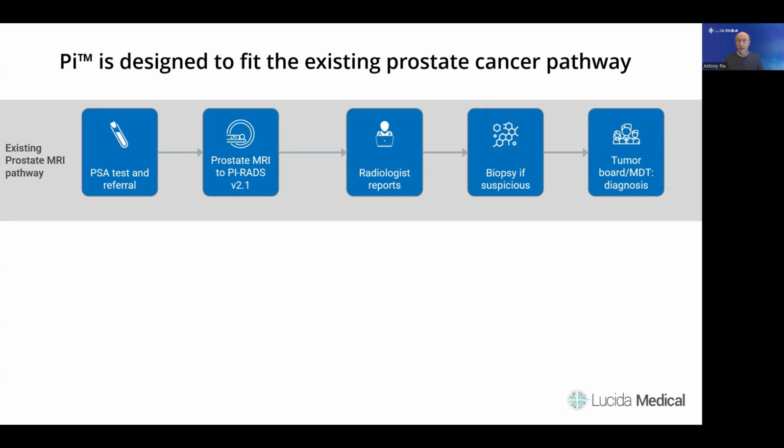A patient will be referred for an MRI due to a PSA test or other concerns. He will then undergo a prostate MRI with a protocol compliant with PI-RADS version 2.1. The MRI will then be reported by a radiologist, and if appropriate, the patient will undergo a needle biopsy. Finally, a diagnosis may be confirmed at the MDT or tumour board based on the clinical results, including the MRI